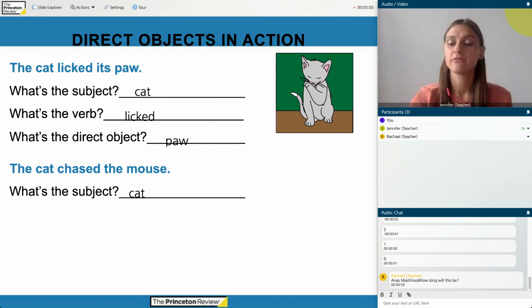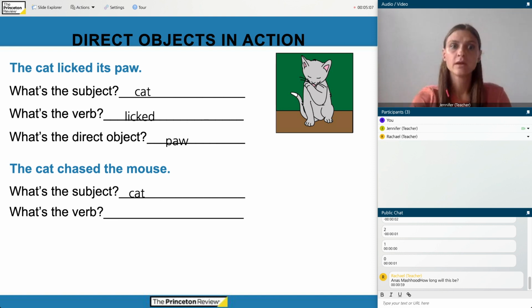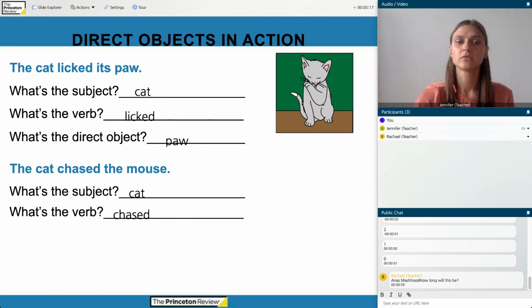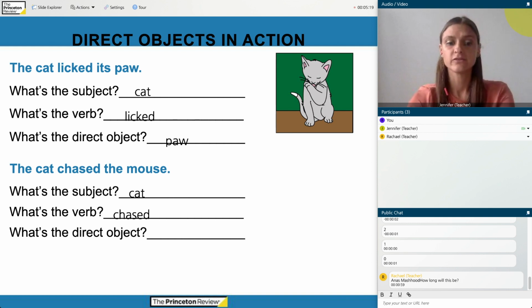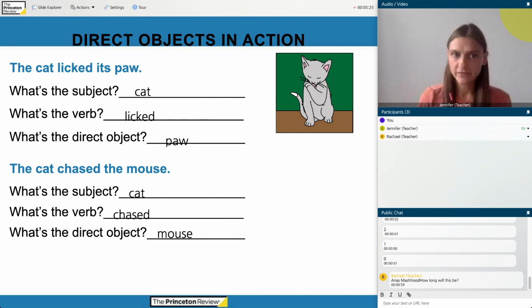And then the verb, what's the verb? In this case, chased. So now verb, what chased what? The cat chased the mouse. So mouse in the sentence is going to be your direct object. And that's it. So when you have a simple sentence, it tends to be a lot easier to identify your